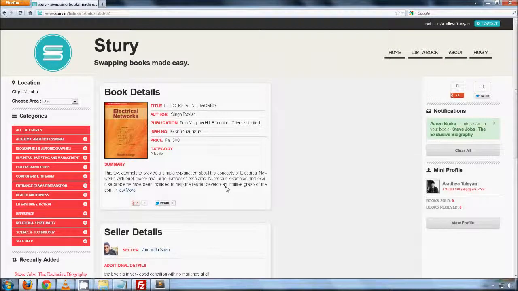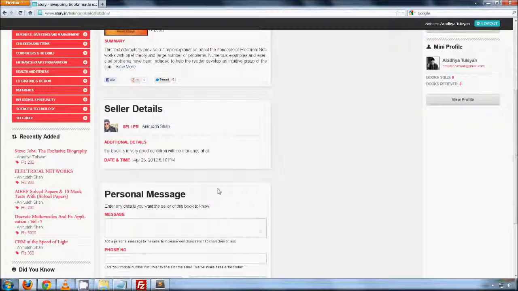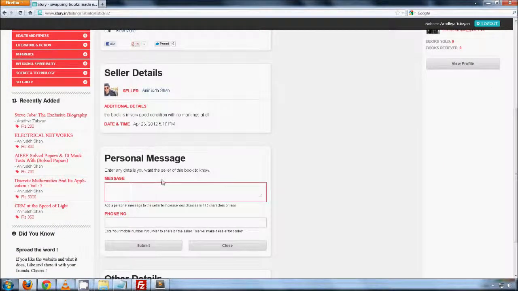This is a listing by some other user. The user gets an option to attach a personal message. The user has the option to share his phone number with the buyer. This allows the user to connect with the buyer.